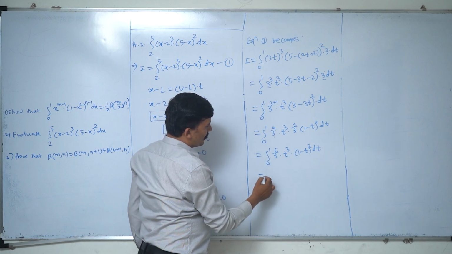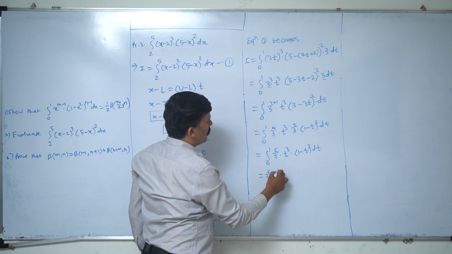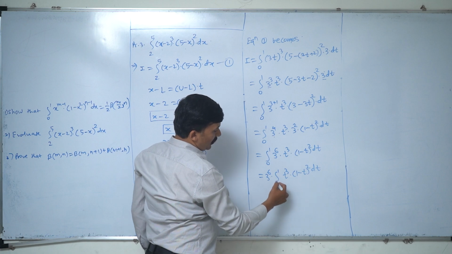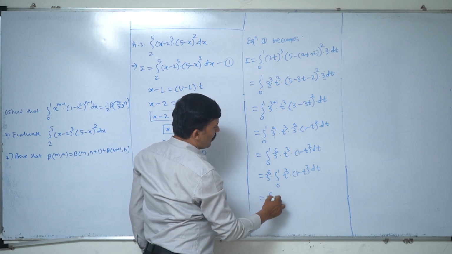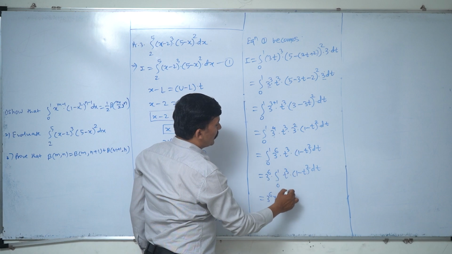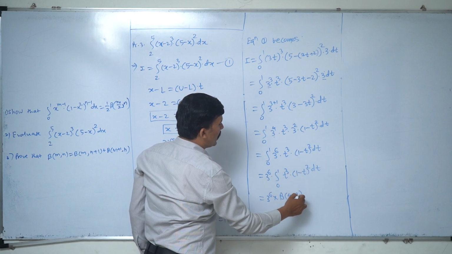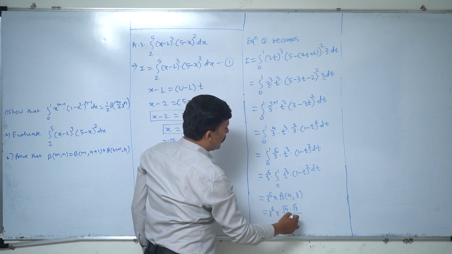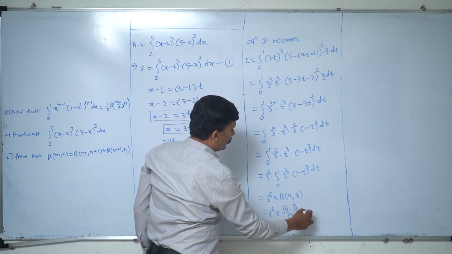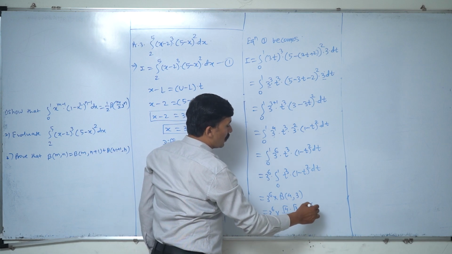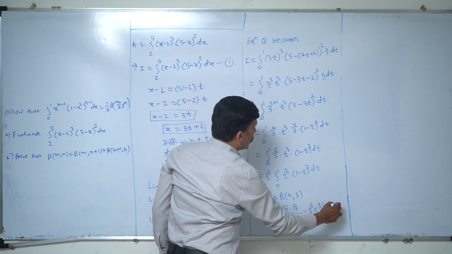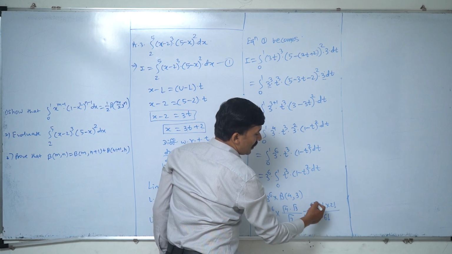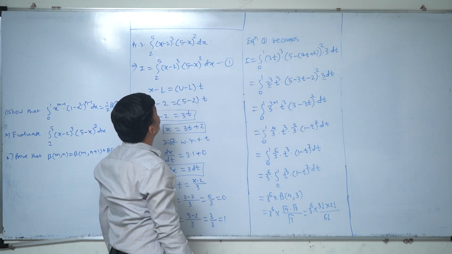Now this 3 raised to 6 is a constant, you can write it outside. Integral 0 to 1 t cube into (1 minus t) raised to 2 dt. Now this is a standard beta integral. You can write it in terms of beta: 3 plus 1 is 4, 2 plus 1 is 3. So its answer is 3 raised to 6 gamma 4 into gamma 3 upon gamma 7. So 3 raised to 6 into gamma 4 means 3 factorial, gamma 3 means 2 factorial, upon 6 factorial. So using a calculator you can calculate this answer. So this is problem number